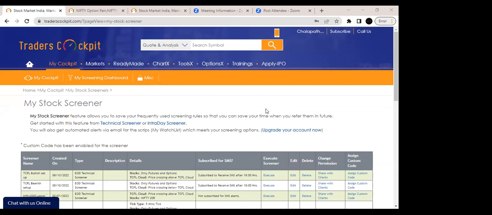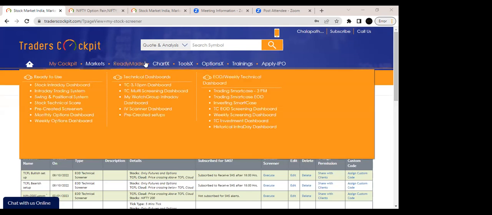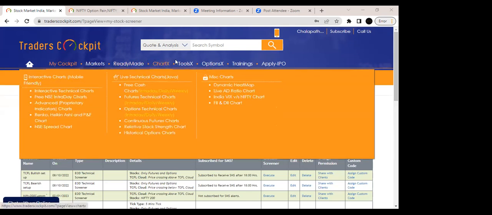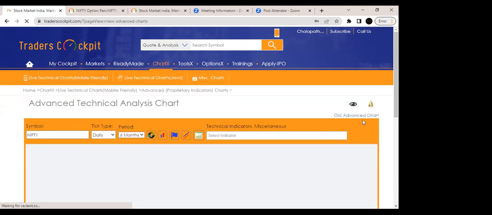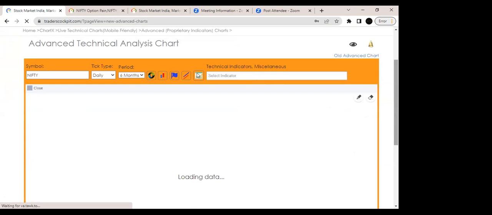Any BTST, STBT strategy? Parthik is asking. Parthik sir, I told you we have BTST strategies, STBT strategies, proprietary strategies, and custom strategies. Everything we have, I have already discussed with you in this product training. Again, for example, if I go to Chartex and click on advanced proprietary indicators, and apply the TCFL cloud indicator here,